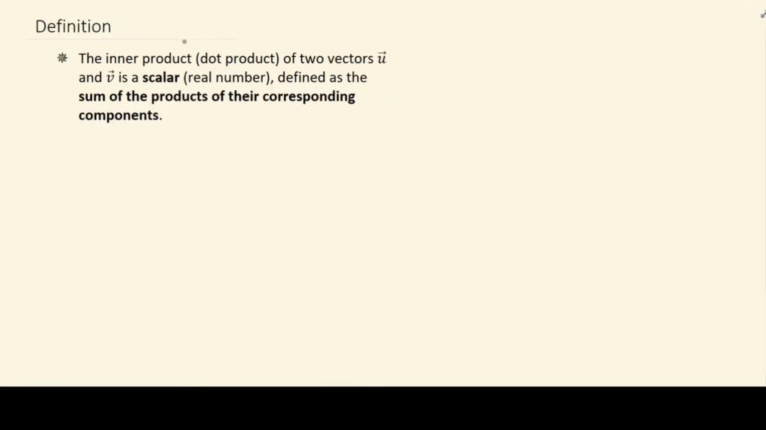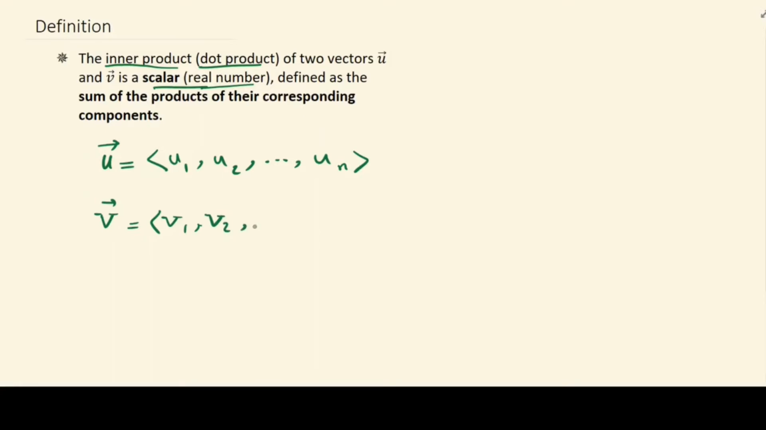So first let's start with the definition of the inner product. Inner product or dot product of two vectors like u and v is a scalar, which means it's a real number, and it's defined as follows: the summation of the products of the corresponding components of the vectors u and v. So that means if u is a vector in n-dimensional space with n components of u1, u2 all the way to un, and v equals v1, v2 all the way to vn, then